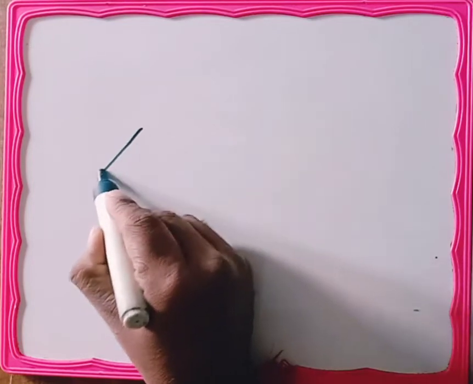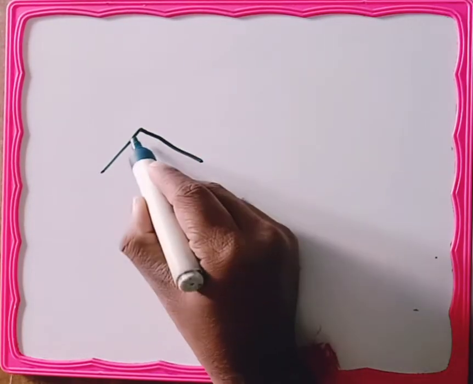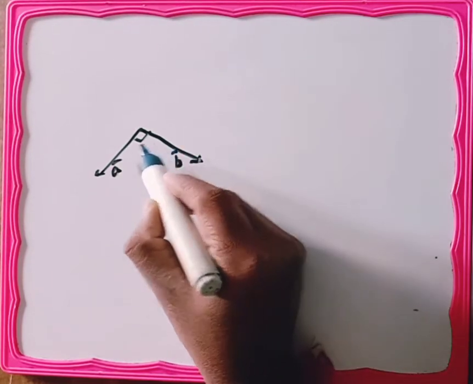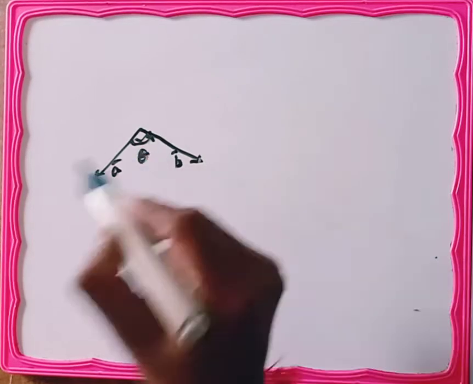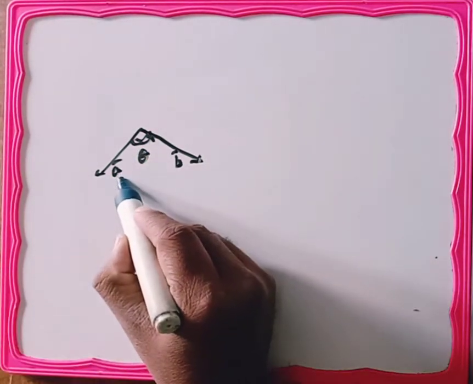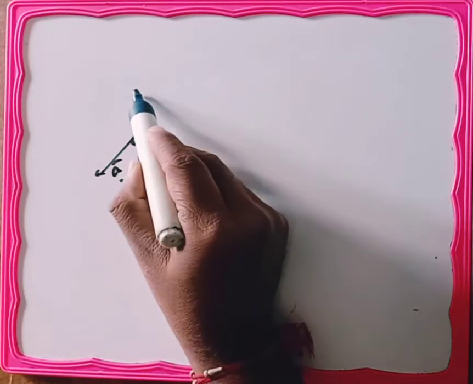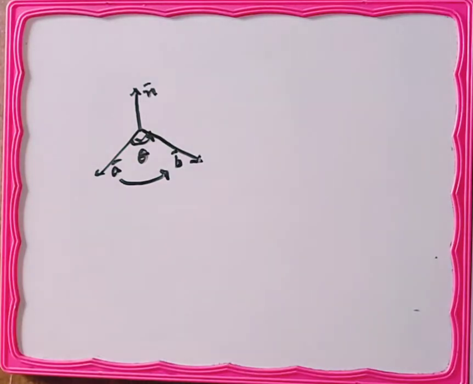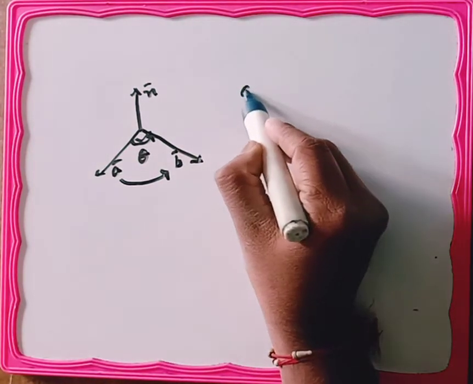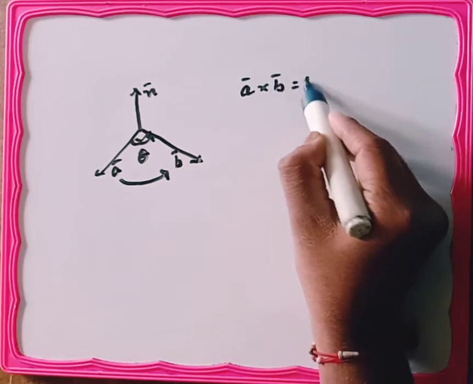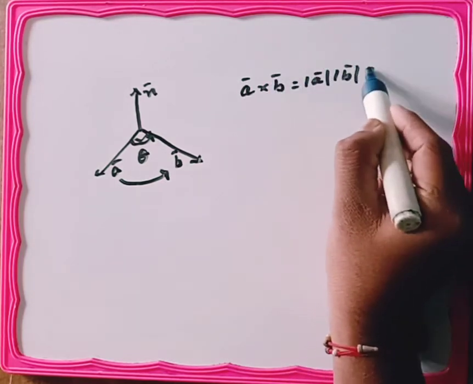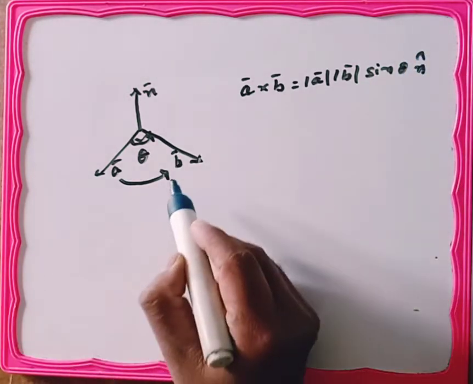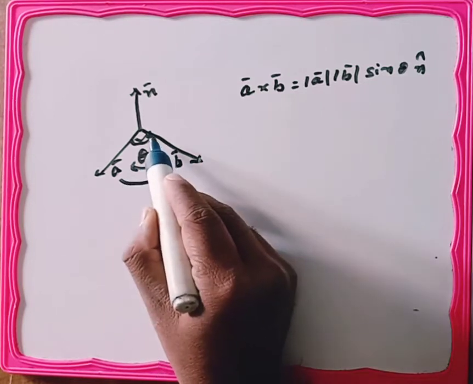Now a bar and b bar are two vectors, and theta is the angle between them. Then we move from a bar towards b bar, and we will get the upward direction. Its normal will be n bar. And so we can write a bar cross b bar equals magnitude of a bar times magnitude of b bar times sin theta n cap. But if we move from b bar to a bar, meaning theta is calculated from b bar to a bar,